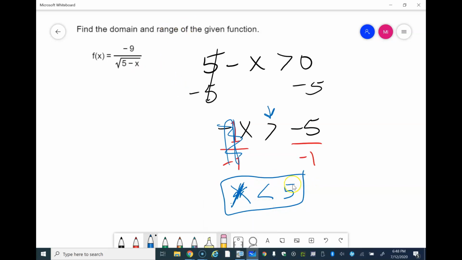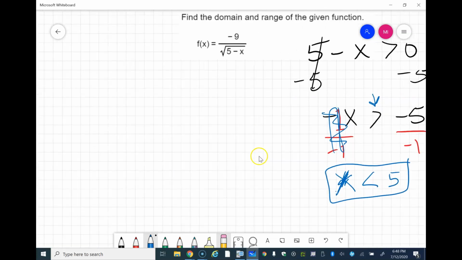Now for the range, I showed you in the previous video that for option 1, you can put this equation in your calculator and figure out how far down it goes and then how far up it goes. Make sure it's in that order. How far down is first, then how far up, and it gives you the range. But to do it by hand,